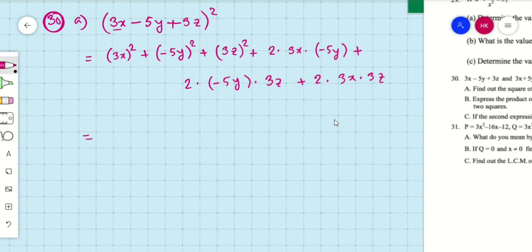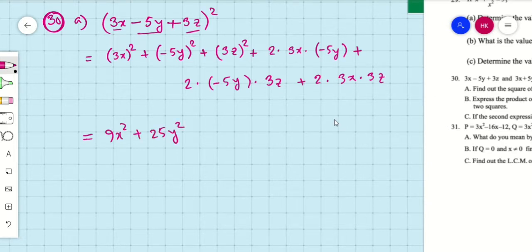Here the first one is our a, the second one with minus 5y is equal to b, and 3z is our c. So we just apply the formula of squaring 3 terms, and then we can write 9x square plus